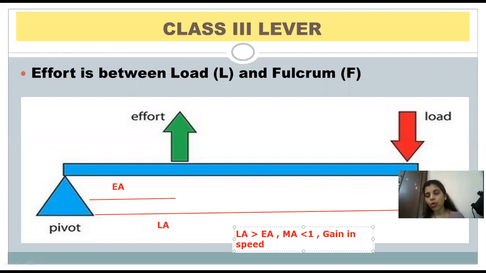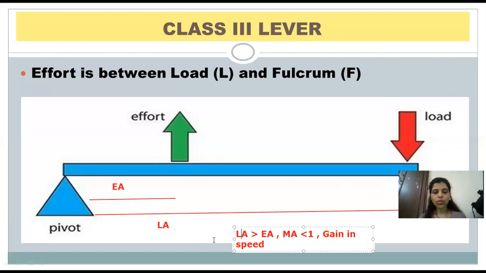Children, this is important. As I told you, understanding the position of the load, effort and the fulcrum, understanding the length between the fulcrum and the load, the fulcrum and the effort, which length is greater, accordingly understanding whether the mechanical advantage is less than, greater than or equal to 1. This is very important in this chapter. So if you understand that, it's going to be easy for you. So no learning part is there, it's all application.